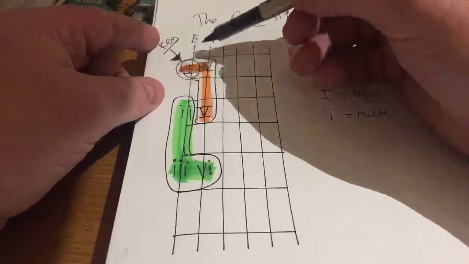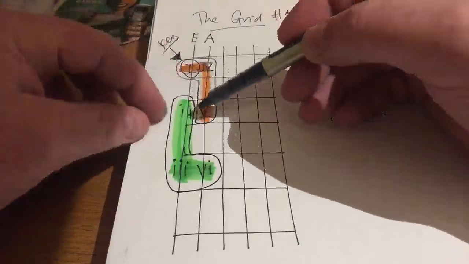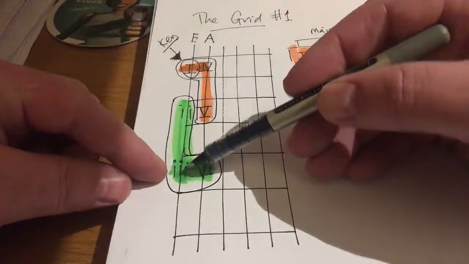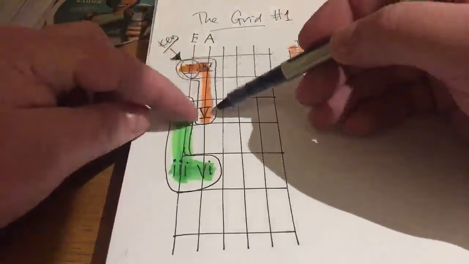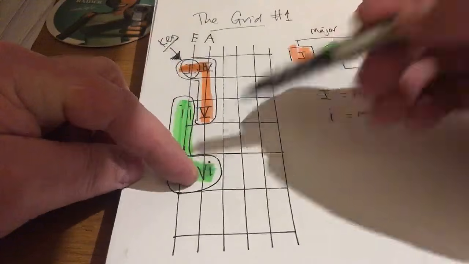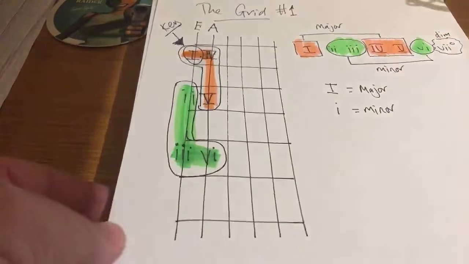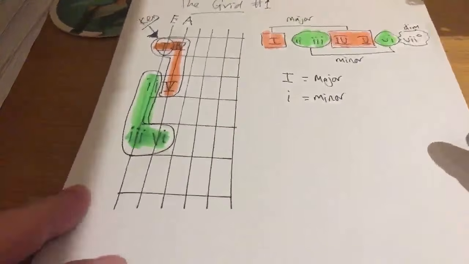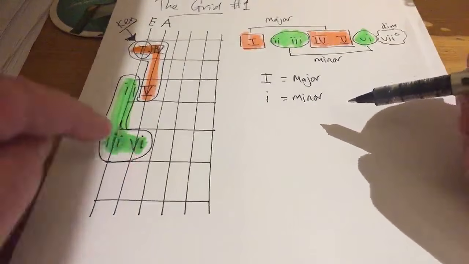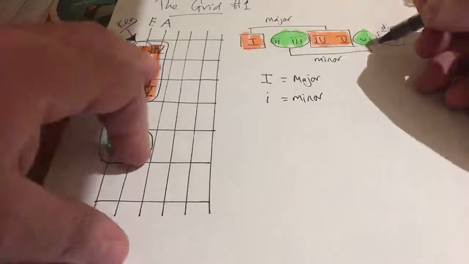So if I were to play the chords here on the E string, this would be an E major shape, this would be an E minor shape, this would be an E minor shape, this would be an A major shape, and importantly, this is an A minor shape. This one, coincidentally, and let me just show you this. So this is really cool. If we do this, it also helps you to get your eye in, and this becomes a little hack, because chord 6